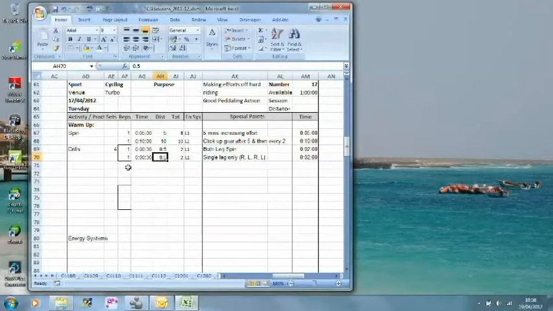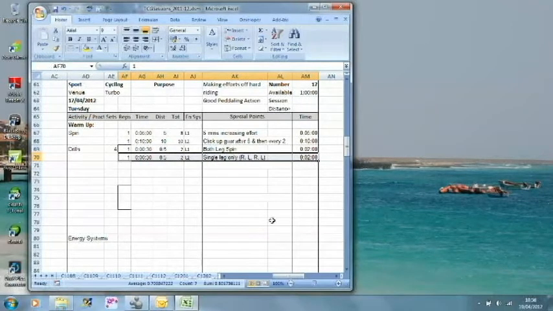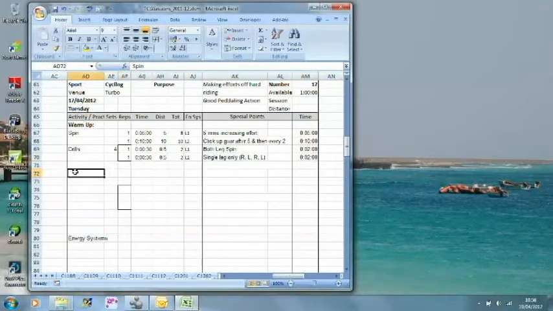And to progress this particular part of the session, all you need to do is take this bit and increase it by 10 seconds up to a minute, even beyond a minute if you want. So on the next one you may go 30 seconds both legs spin and then 40 seconds at single leg, and 40 seconds obviously with distance will become 0.6 of a minute. Okay, so that will get you into